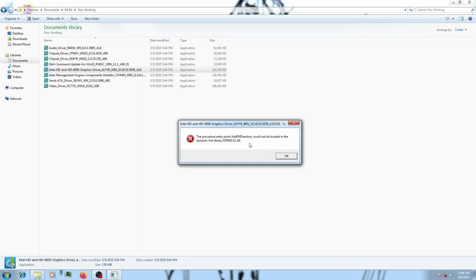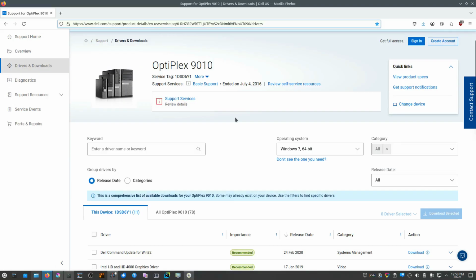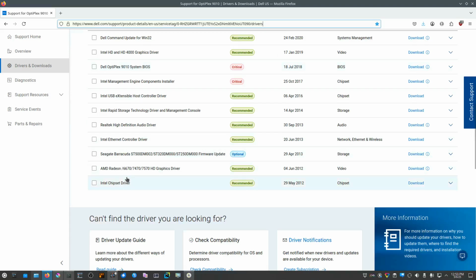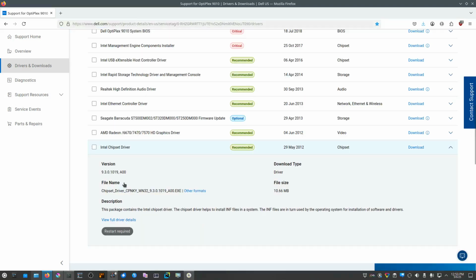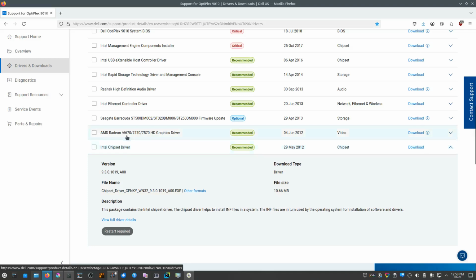So after painstakingly scouring the Dell support website, I have finally found the solution, and I will put a link to the website in the description. By default, the Dell website only shows you the Dell update package files, which do not work. So what you need to do is download the zip pack external file format drivers and not the standard Dell